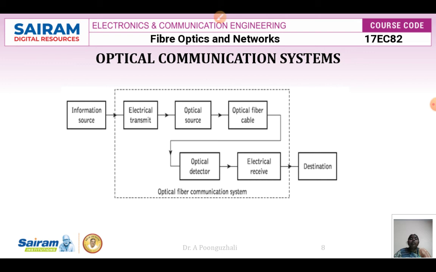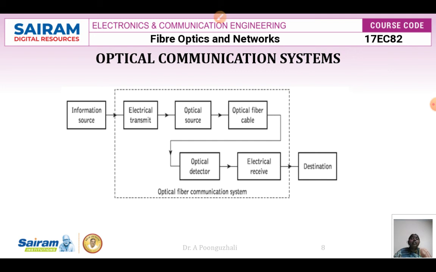Based on the light emitted, the variation of the light intensity is varied according to the signal we want to transmit. Here the LED light acts as a carrier signal. That modulated signal is sent through the optical fiber cable. At the receiver side, we have an optical detector, which is nothing but a photodiode or an avalanche photodetector circuit. This detector will detect the signal and give the electrical signal.